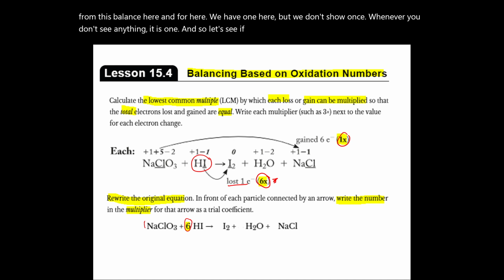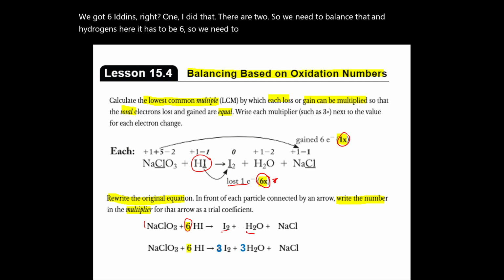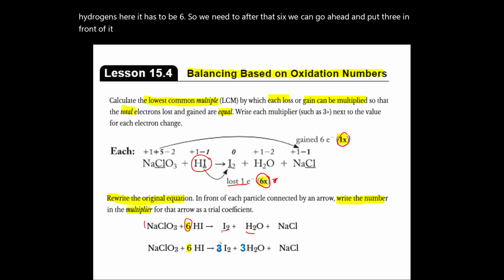So let's see if everything is balanced. We got 6 hydrogens here. We got 6 iodines, right? There is 1 iodine and there are 2, so we need to balance that. And hydrogens here, it has to be 6. So after that 6, we can go ahead and put 3 in front of iodine and 3 in front of water to balance the